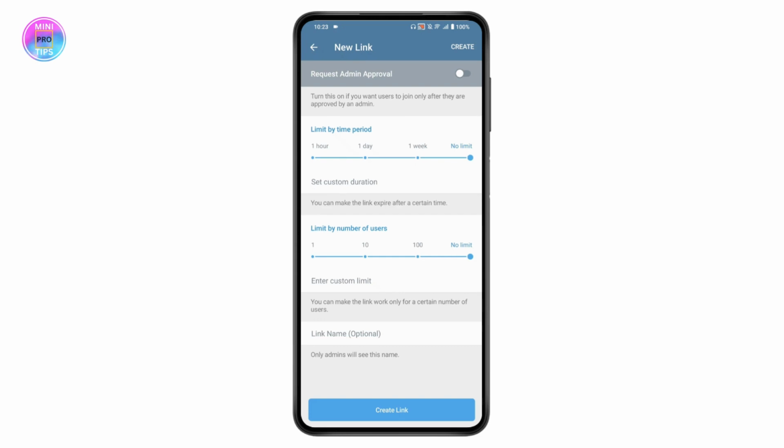If you have set the limit for 1 day, then your link will be expired within 1 day. And if you have chosen 1 month, then your link will be expired after that 1 month. If you choose no limit, then you will be able to join the link anytime, anywhere. So you need to simply choose no limit, and once you choose no limit, then you need to simply again